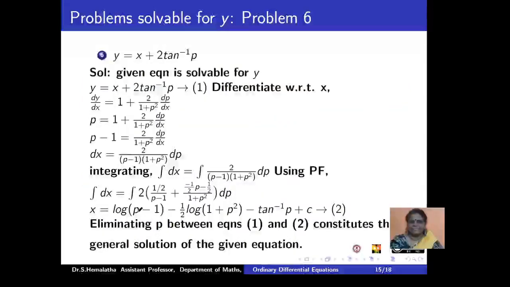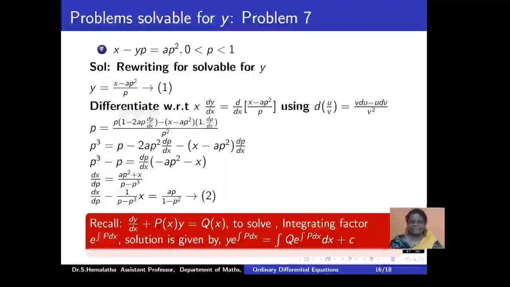So this is again one more discussion which involves partial fractions. But one thing I need to emphasize here is, after getting this, we just try to eliminate p between these by some long procedures. So you can just conclude the answer by writing both the equations and p elimination as possible.